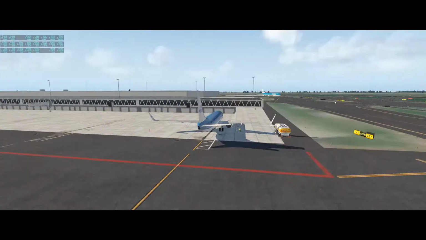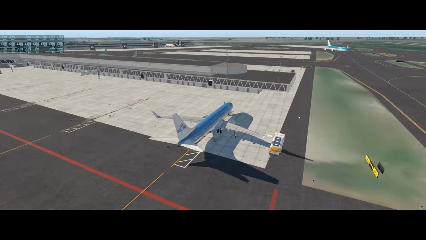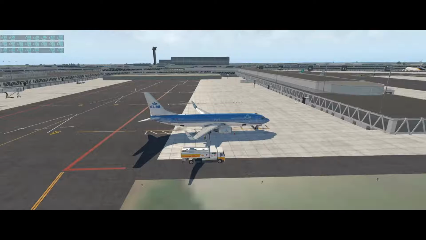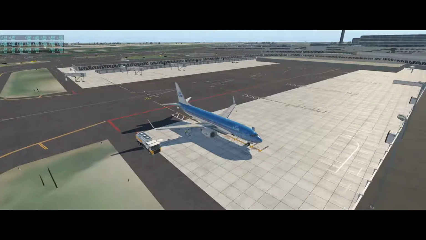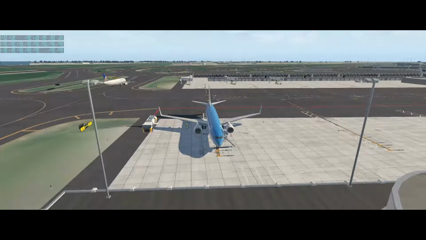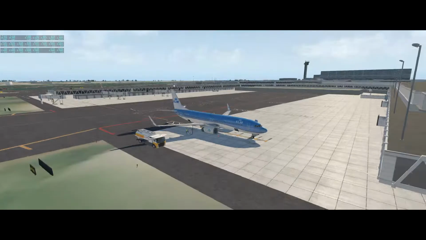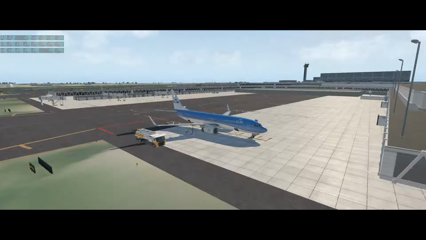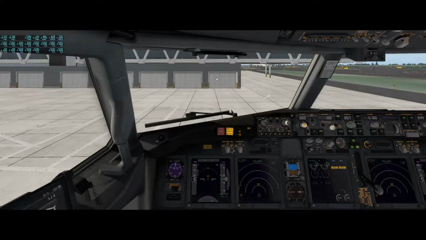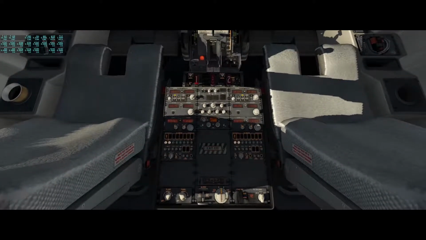There you go, you can see this from the outside. Traffic's working. So yeah, it must be something to do with these assets that are causing it to tank, but hopefully that will sort itself out. You can see the visual quality is terrible, everything's turned right down, but I just need to get some flying in. So, with that in mind, let's have a listen to the ATIS, which is